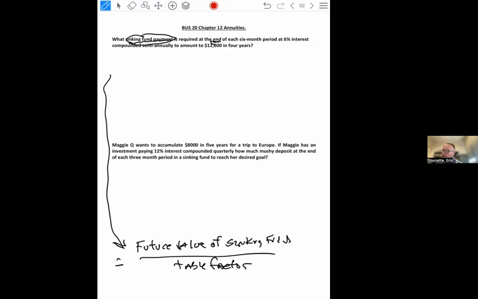So that's ordinary, of each 6-month period for 6% interest compounded semi-annually, so 2 times a year, to the amount of $12,000 in 4 years. So we have 4 years. So again, the interest rate was 6%, but we're going to divide it by 2 since it's 2 times a year. So that's going to be 3%. And then 4 years times twice a year equals 8, right? So we're looking at 8 periods,